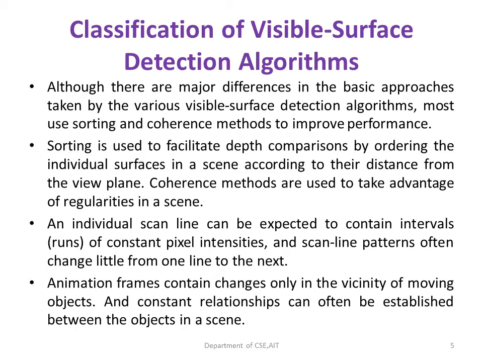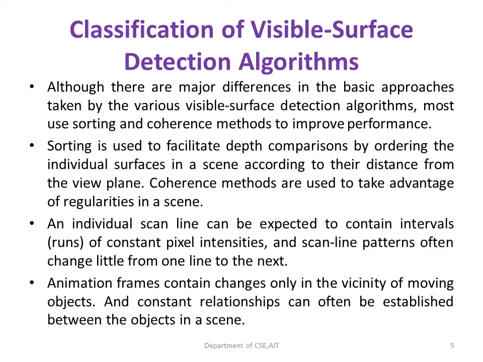Then we have the coherence methods. That means if there is some incoherence in the particular scene, that will be captured, and we are going to concentrate on whether the scene is regular, whether it is plane. So if some object is misplaced here and there, that property we are going to capture in the coherence method. Then if I have a scan line, so you know what a scan line is, right? If I draw one straight horizontal line connecting one particular position on the left side to the same row on the right side, that is the scan line.